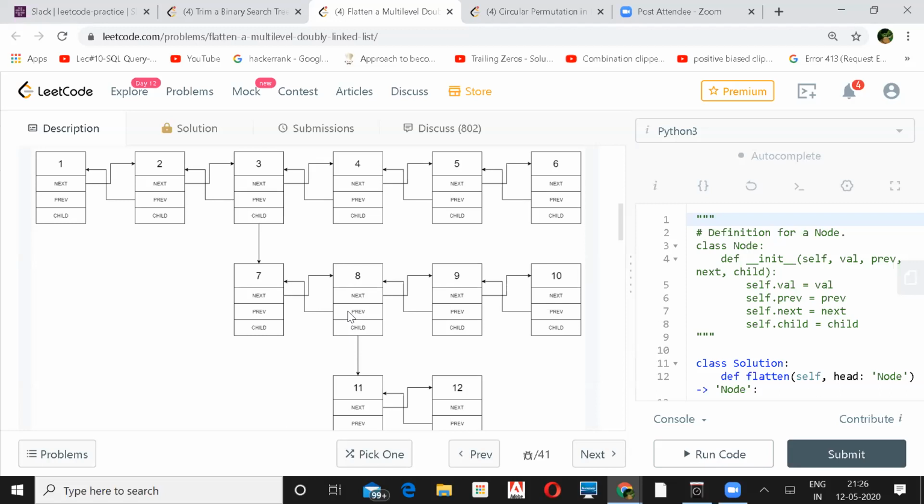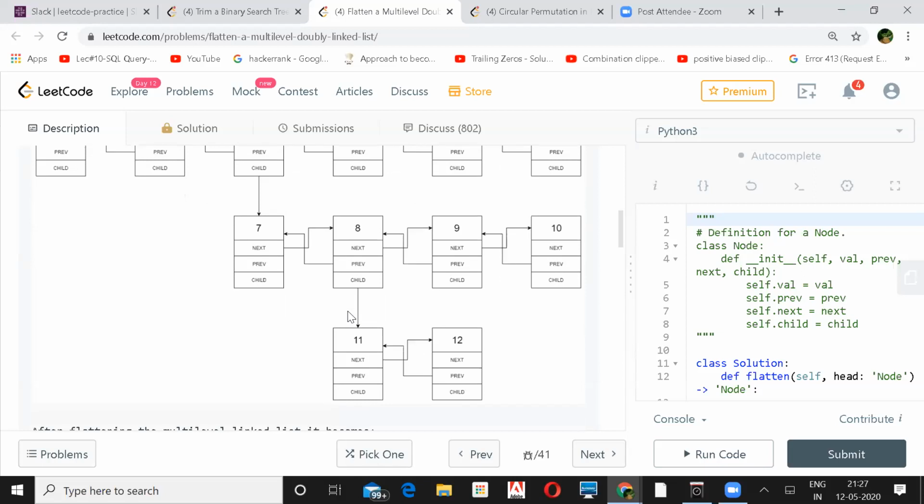So when we are going deep from 8 to 11, the DFS will pass 8's next pointer as another argument, so that when we go from 11 to 12 and see there is nothing, we can jump back to the parameter that was passed to our DFS, the extra parameter. DFS doesn't take any extra parameter, it only takes the node. I'm suggesting we take another parameter, the next of the parent, so that we can go back.